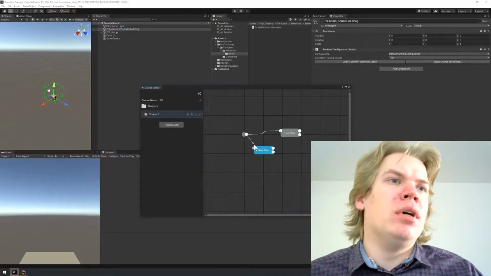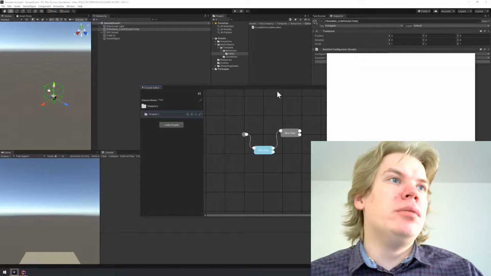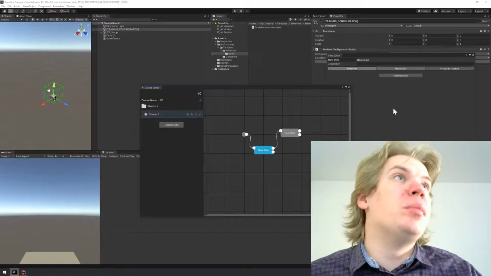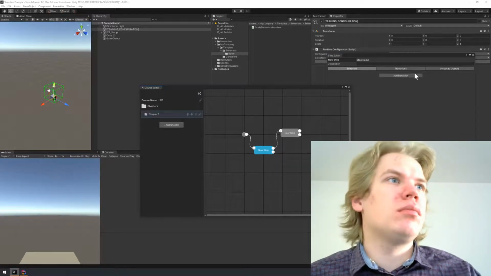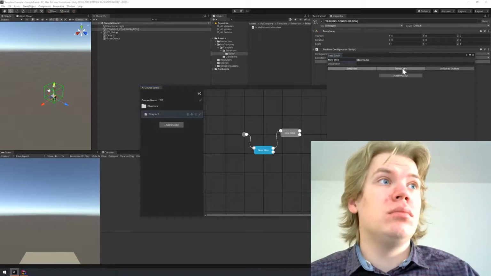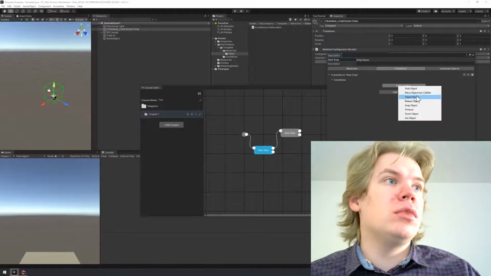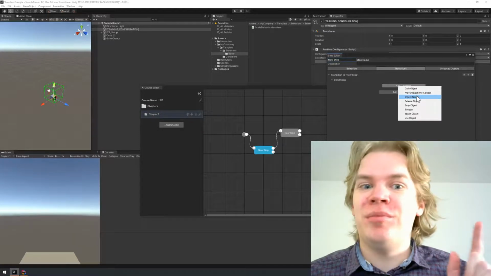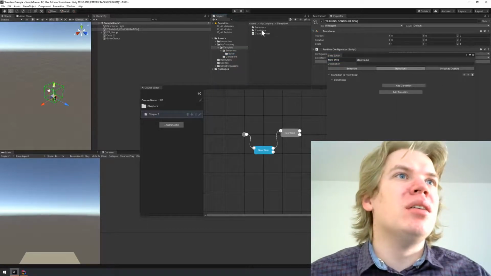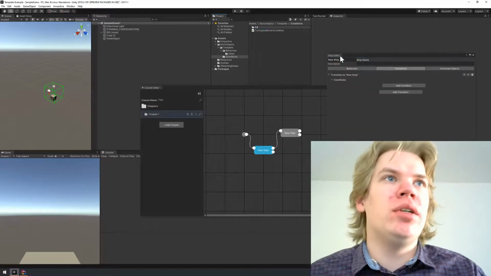So I will add another step in between, and in the step, in the transition folder, tab, right, menu item. So conditions, new folder, editor,